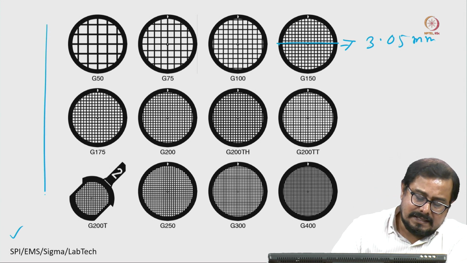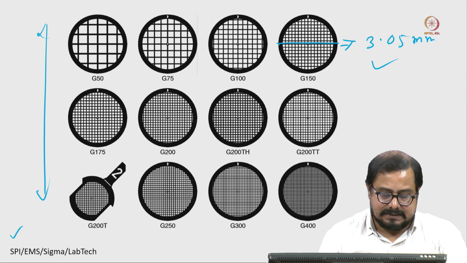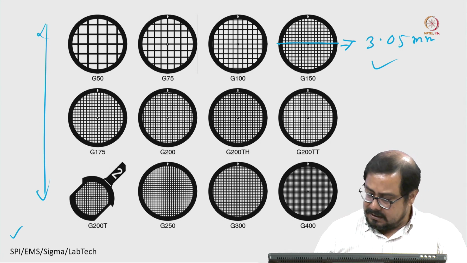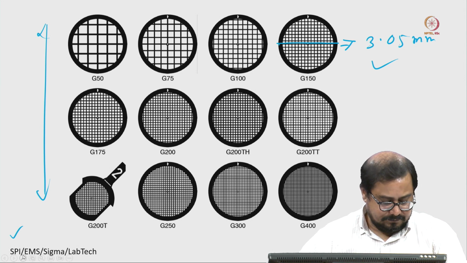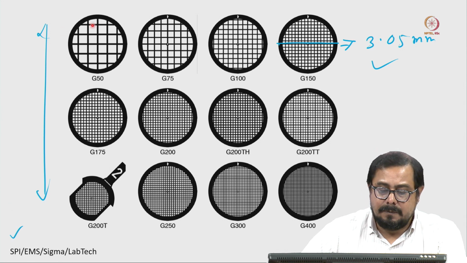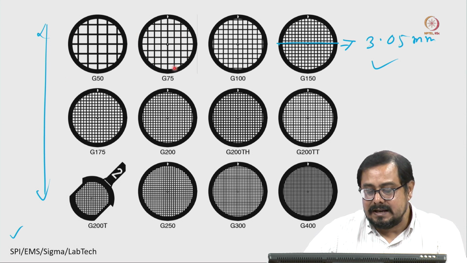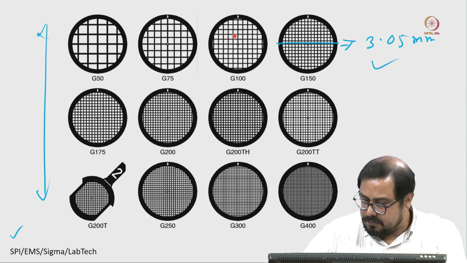Now, you can see in these grids all have the same diameter, but there are some differences. What kind of differences are there? Anyone can look at those grids and tell the major differences. The major differences are here. If you look at this one, you can see the square size is different and the number of squares is also different. Here the number of squares is lesser than in this one, and the number of squares is much higher in this one.